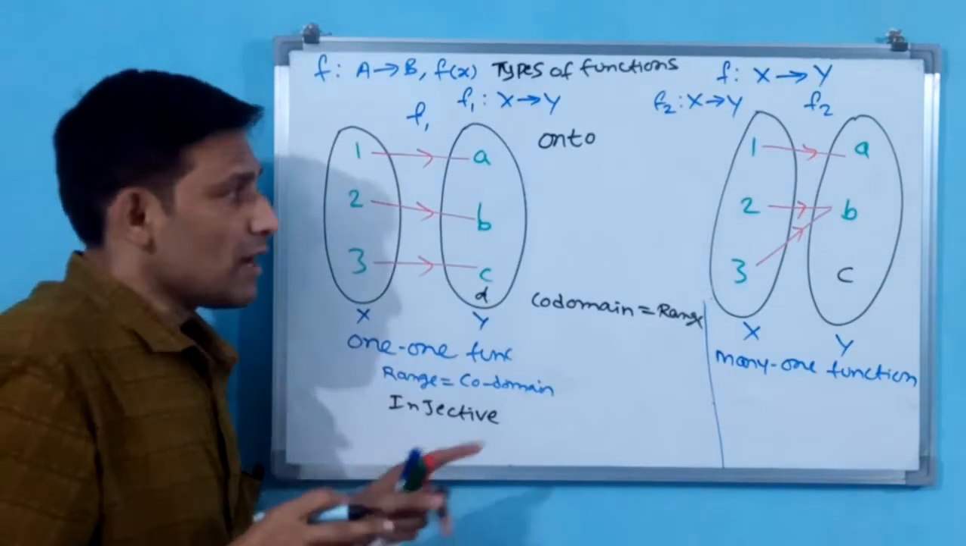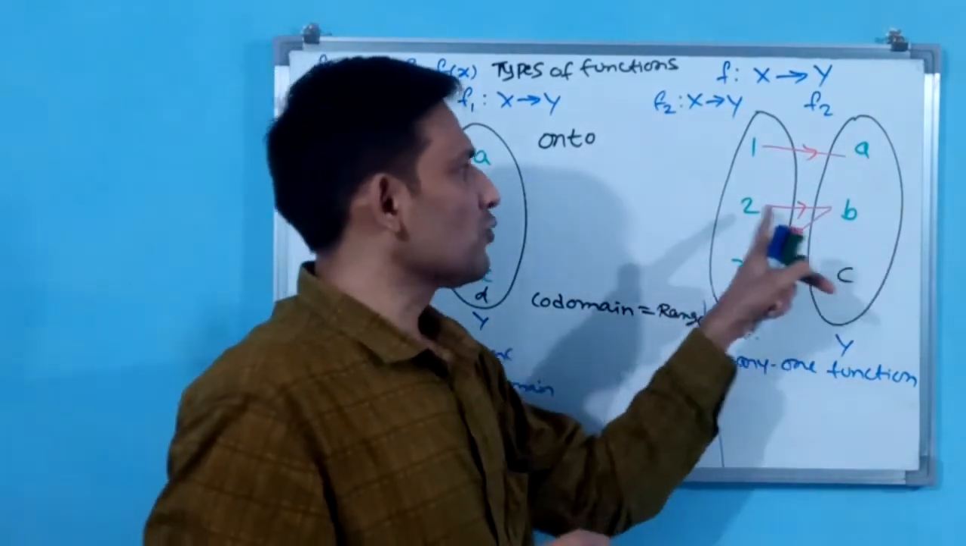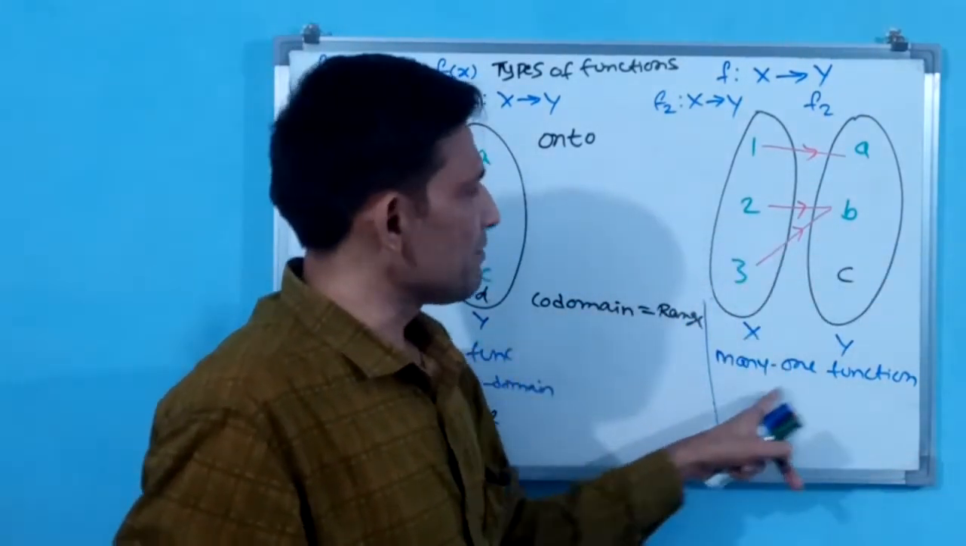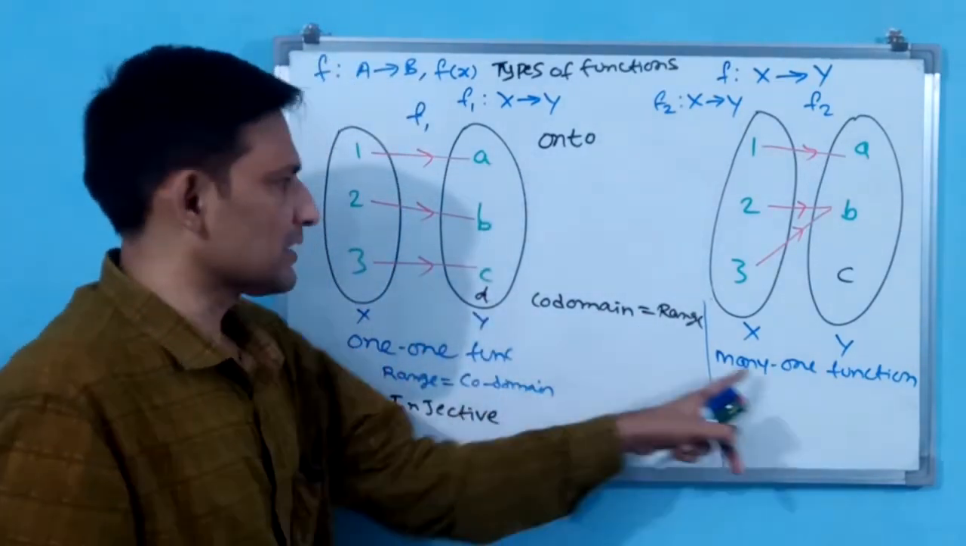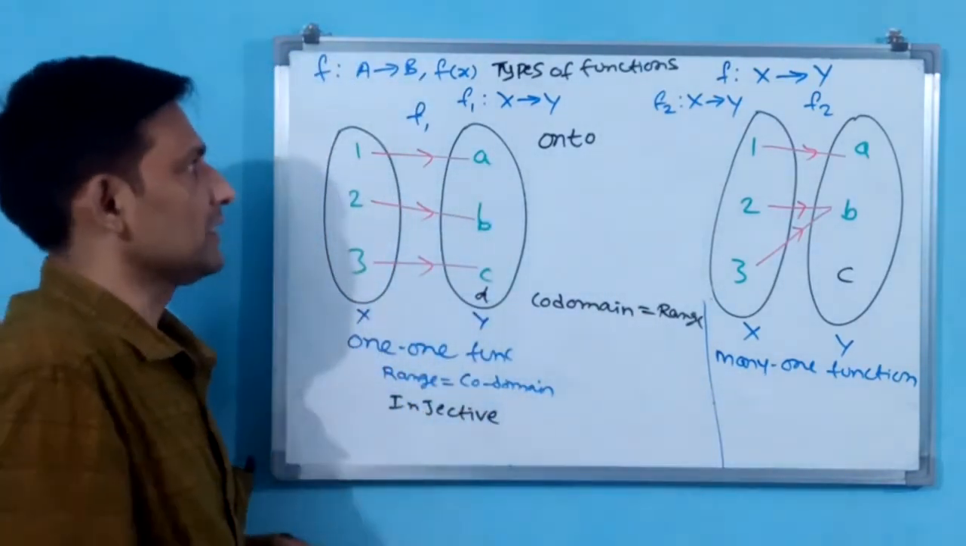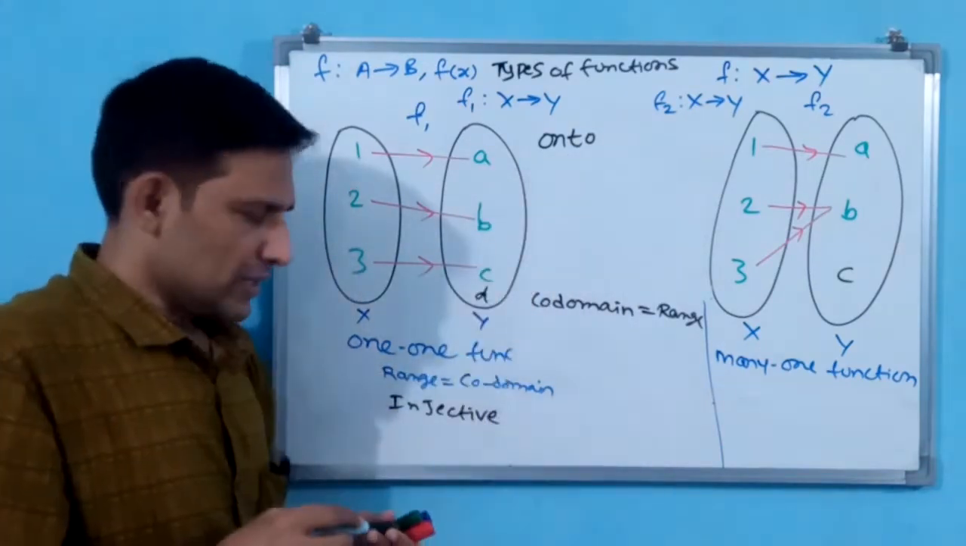That is many one, because here this image is having 2 pre-images. That is why this is a many one function. Up to here, I have explained one one function, many one function, and injective function. Now, for onto function,